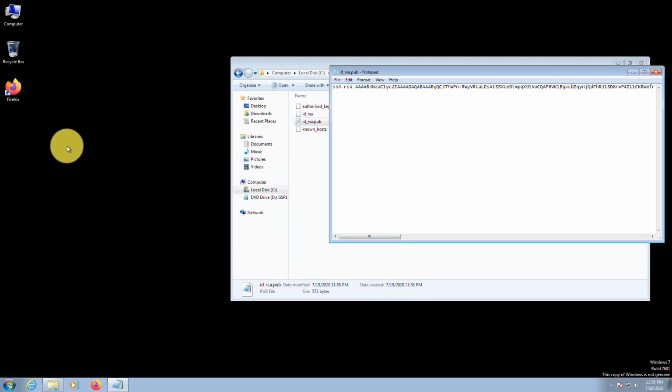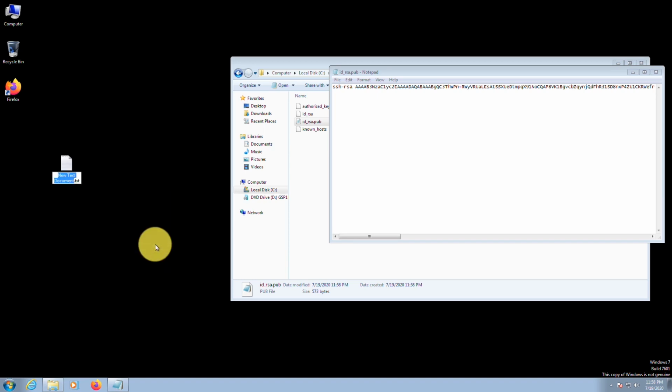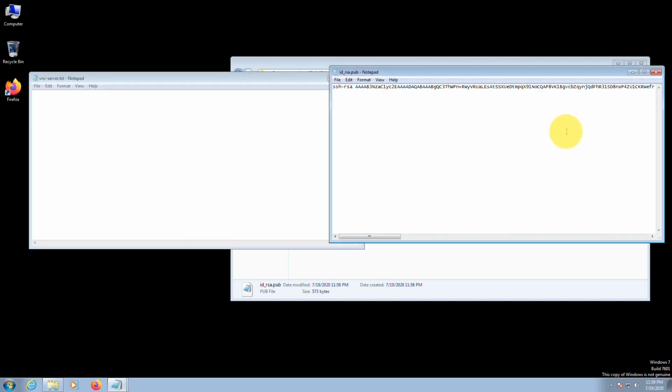I create a text file to store the public key until we use it. I copy the key and store it in the text file I created.